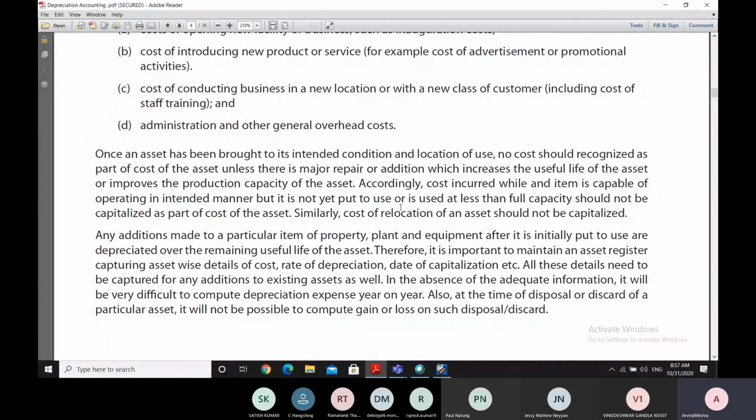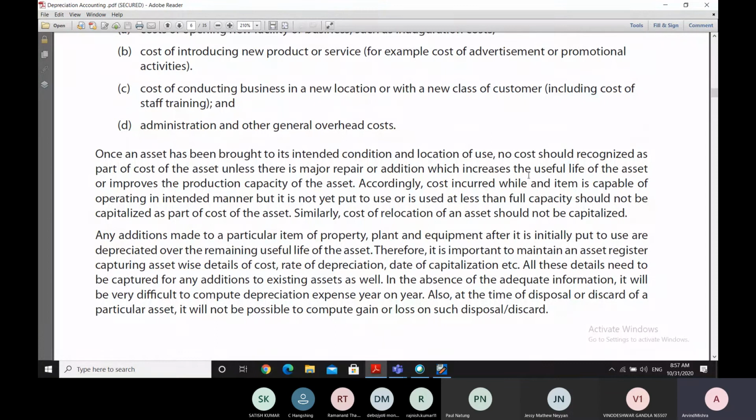So having understood what are the elements which should be included as part of the cost of the asset, and what are the elements which should not be considered as part of the cost of the asset. Now, once an asset has been brought to the intended condition and the location of use, no cost should be recognized as part of the cost of the asset unless we incur a major repair or major addition which actually increases the useful life